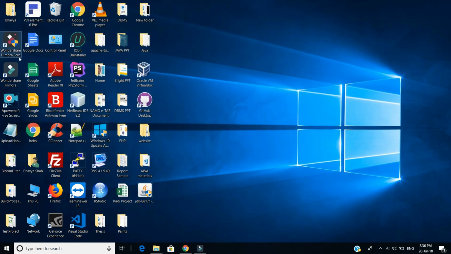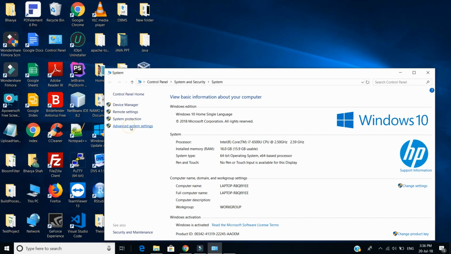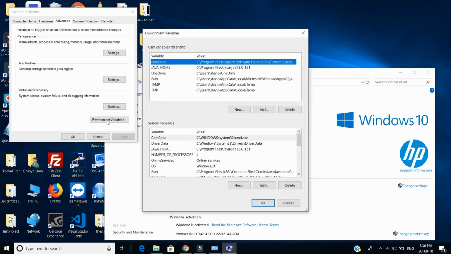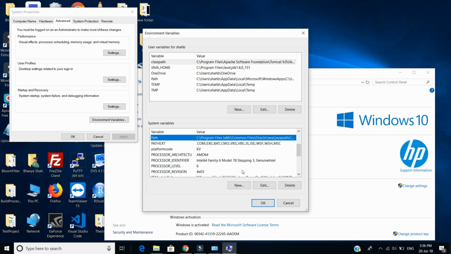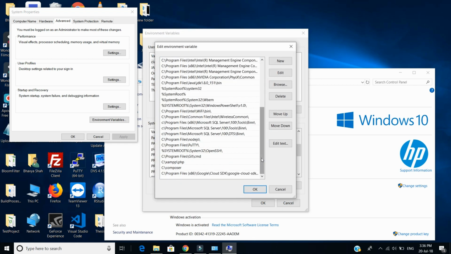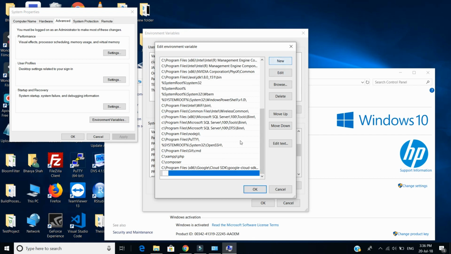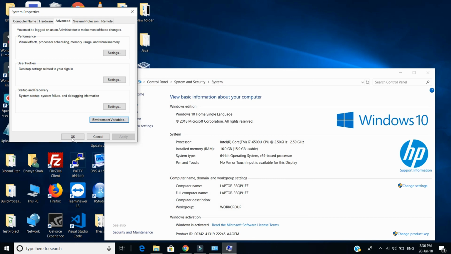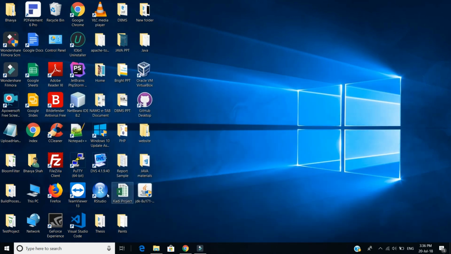Then close, and again This PC, right click, Properties, Advanced system settings, Environment Variables, in which we find the system variable Path. Here we click on edit, new, and paste it. Okay, okay, okay, and close.